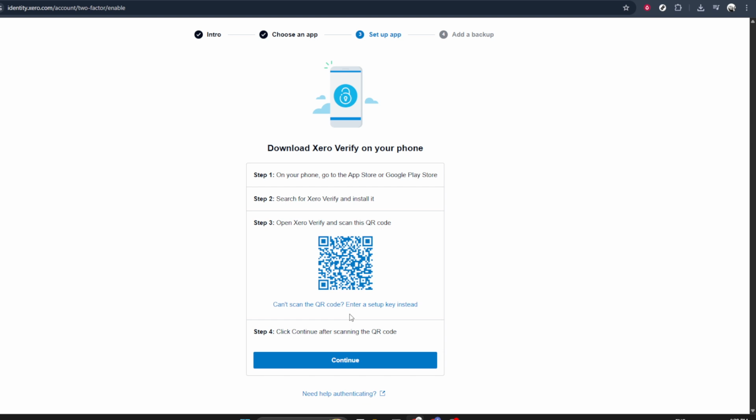At this stage, you should have the Xero Verify app installed on your phone or tablet. If you haven't installed it yet, pause here